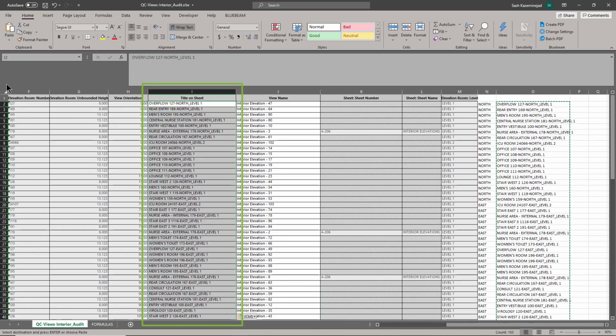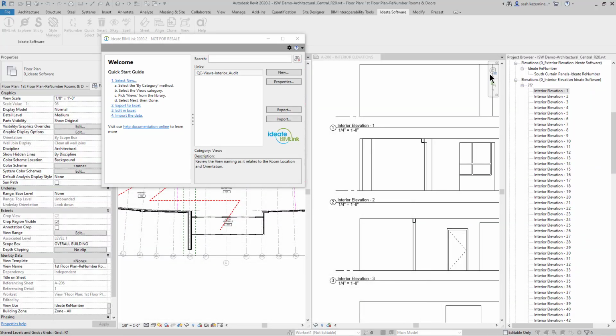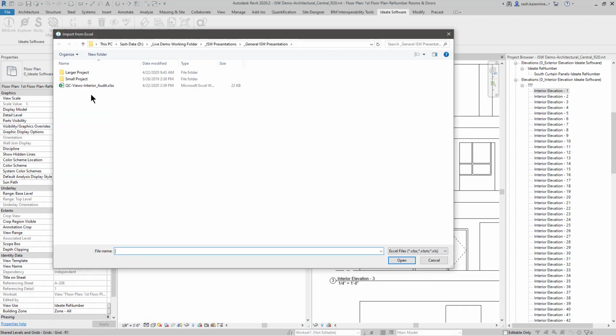And I can do this because Revit allows for duplicate names for the title on sheet. Normally, you would want both of these to be correctly named, so we could input this information back into column J and fix those duplicate names. And if we want to override any of those names with a title on sheet, we can do so here as well. I'll go ahead and hit save and minimize this, and I'm going to come back to BIMLink,